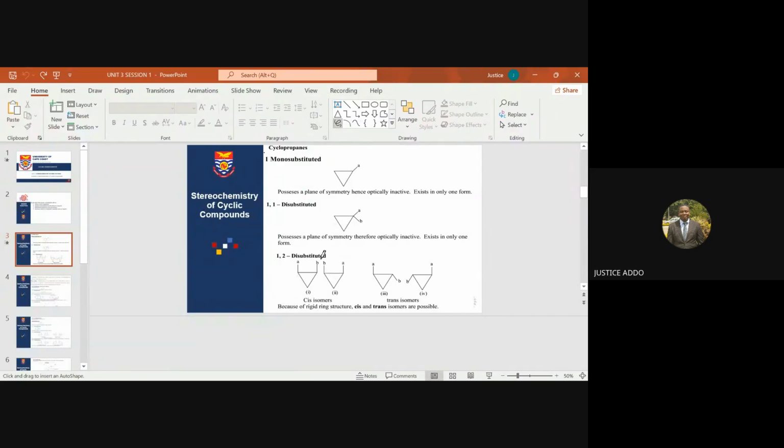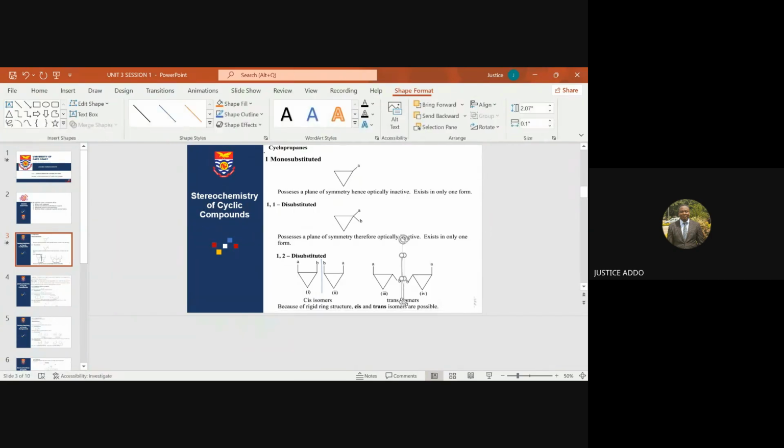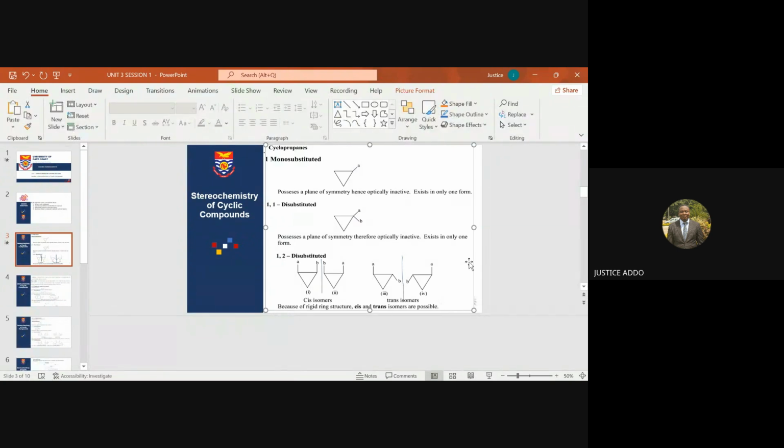Okay, if you draw a mirror line between them, then you can see a mirror image relationship between I and II. Then again, if you draw the same mirror line between III and IV, they are also showing what? A mirror image relationship, meaning I and II could be enantiomers. III and IV could also be what? Enantiomers. What that means is that I and III could be diastereoisomers, and then II and IV could also be